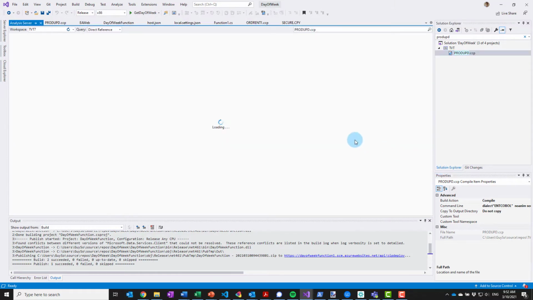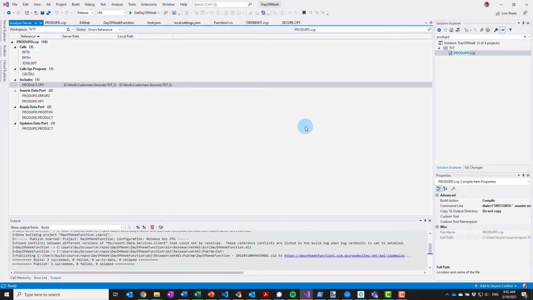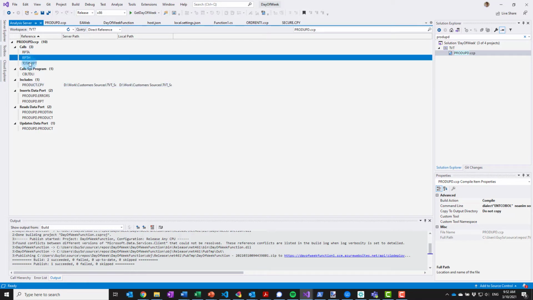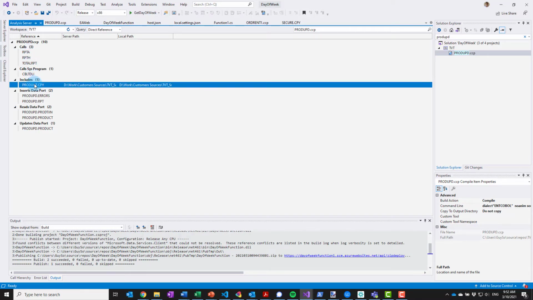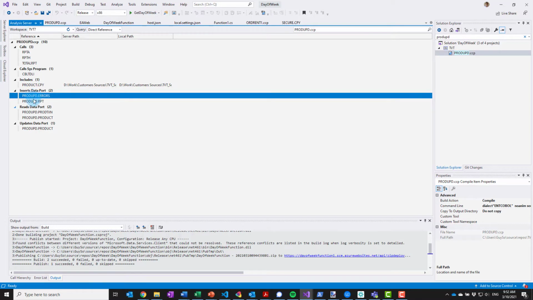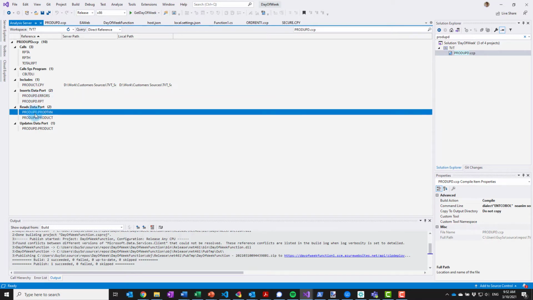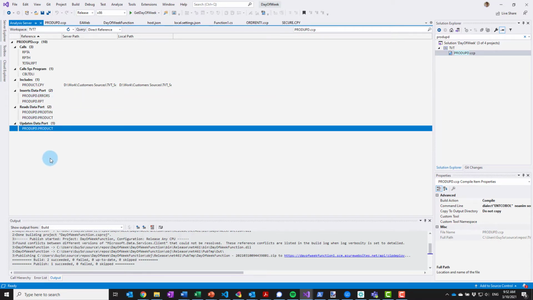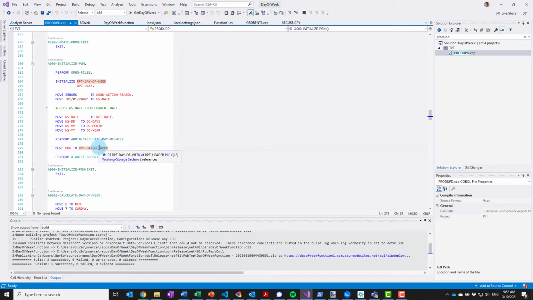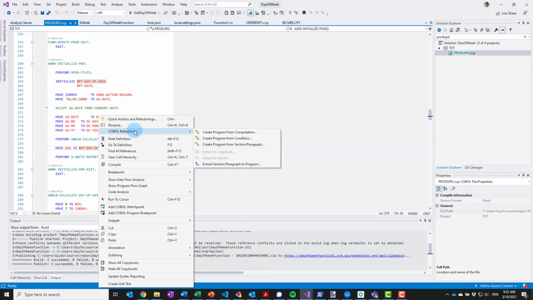So this connects to the central application intelligence repository and comes back with information about the program: which programs it calls, which include files it uses, and all the data ports that are being inserted to, read, or updated. And this is all useful information that comes from our connection to the central application intelligence repository.